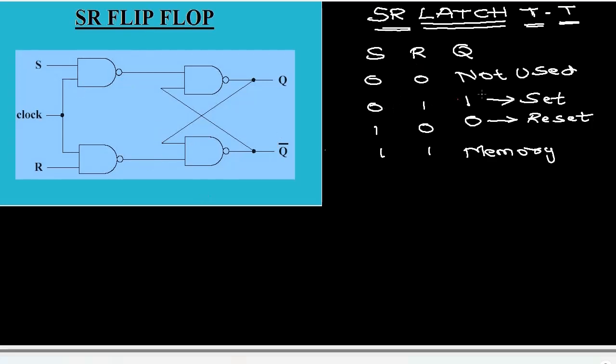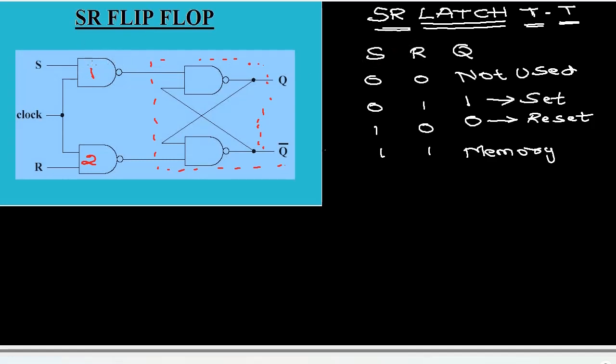Now this is the first NAND gate and this is the second NAND gate. This dotted line indicates the SR latch. The SR flip-flop contains the SR latch with two extra NAND gates. Then that is called the SR flip-flop. SR flip-flop means set or reset flip-flop. The dotted line indicates the SR latch, and the first and second NAND gates connected with S, clock and R, clock, that is called the SR flip-flop. Here the dotted line indicates the memory element, that means the feedback element.